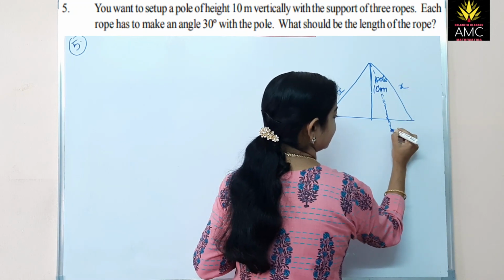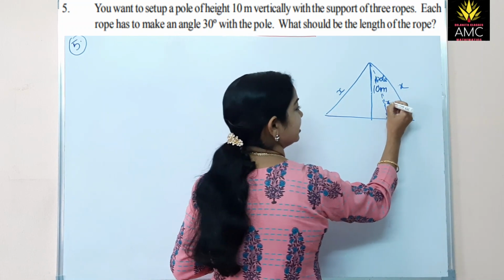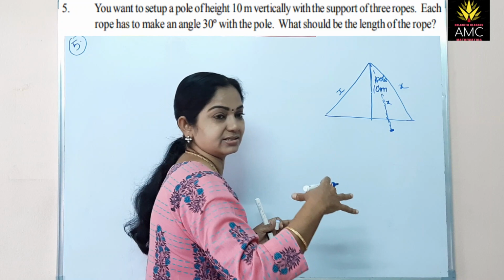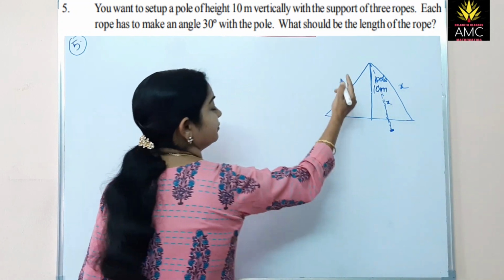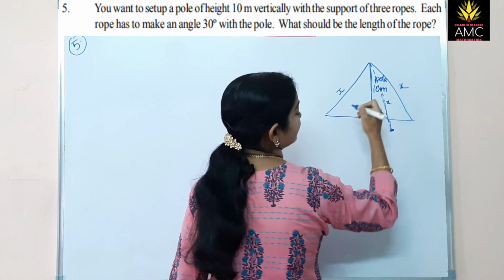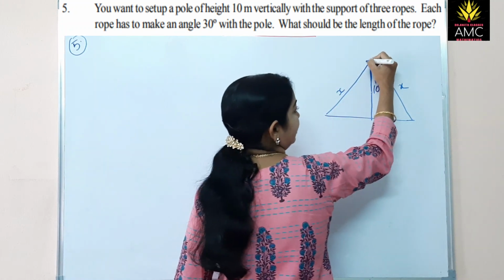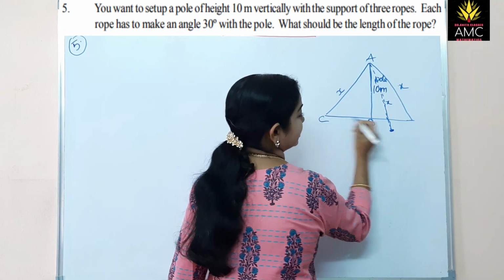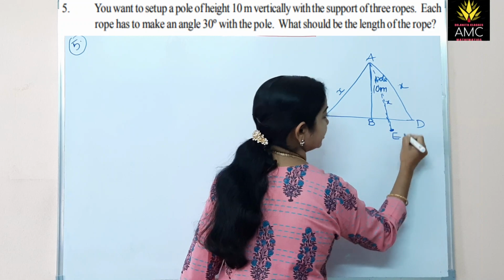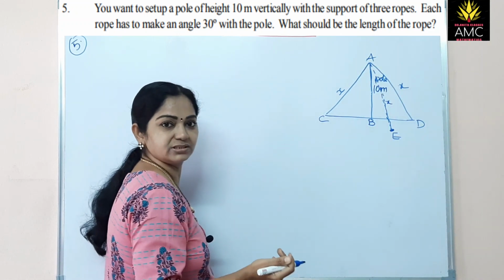Okay, so here, this is the other one, the dotted one. This is also x. Okay, 3 poles. Just visualize it, we cannot draw the 3-dimensional figures. So let me name this. If you visualize, let me name this AB as the pole, and some C, D and E. So AC, AE, AD are the ropes, right?